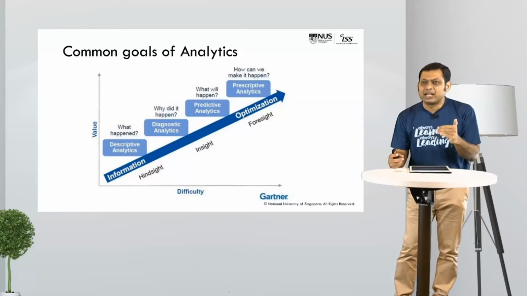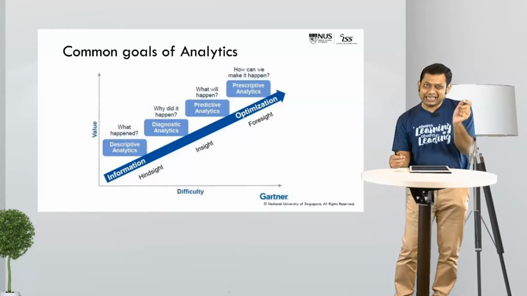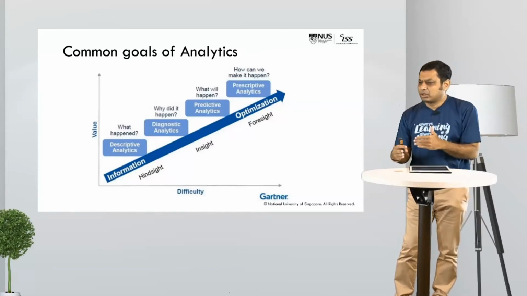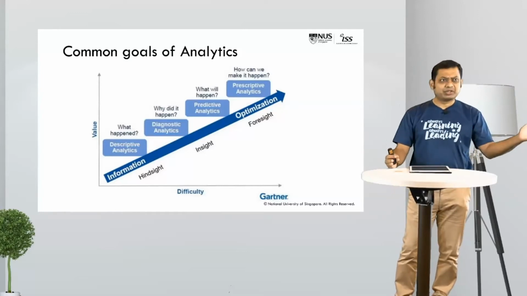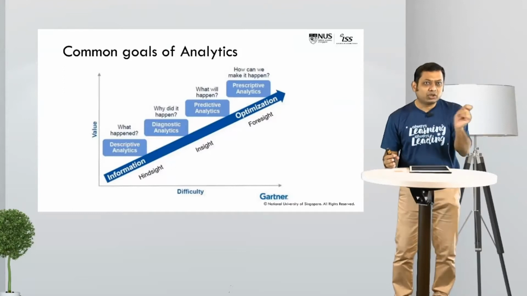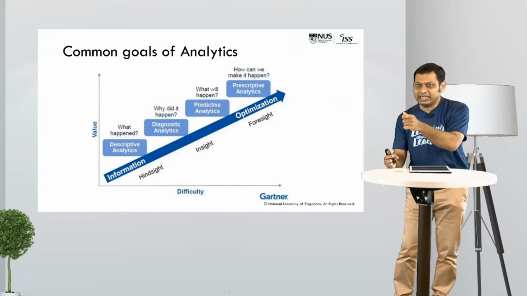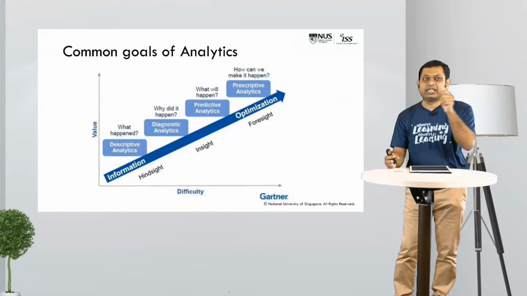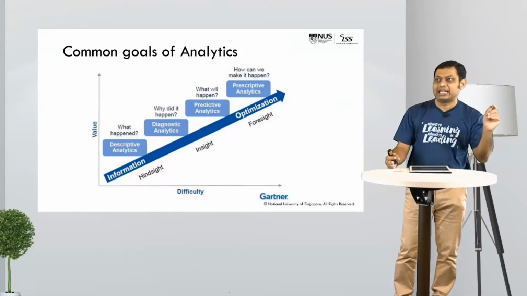What happened? And then you take the next step, which is diagnostic analysis, which is where Sherlock would possibly connect the dots. Okay, so if there were shattered pieces of glass, maybe there was a cat that came in through the window. Maybe the cat was responsible for the pieces of glass. You're connecting the dots. When you're connecting the dots, what you're doing is you're necessarily looking at event A at a point in time and event B at a point in time that happened a little before event A, and connecting them.